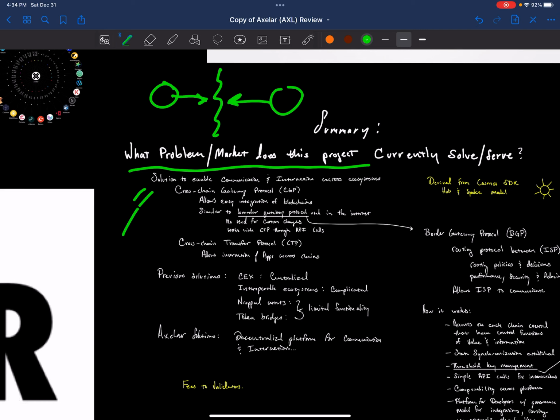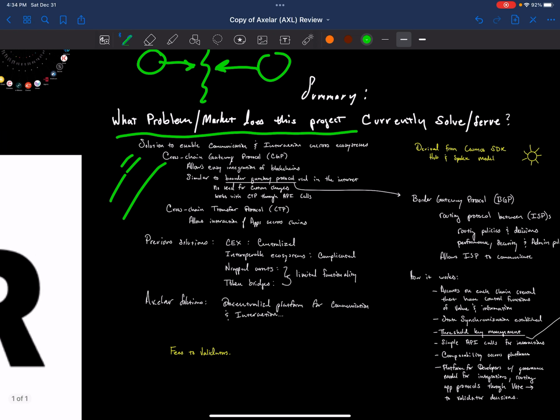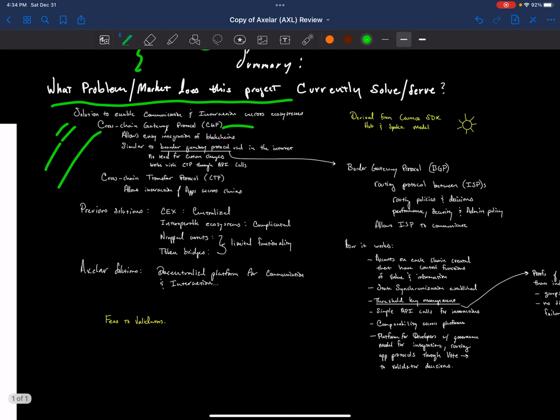The solution is to enable communication and interaction across these ecosystems using something called the cross-chain gateway protocol. It allows for easy integration of blockchains, similar to the border gateway protocol used in the internet. So there's no need for constant changes with the CGP protocol and the cross-chain transfer protocol. Basically it's saying that it will stay up to the proper standards to allow for these communications to happen as